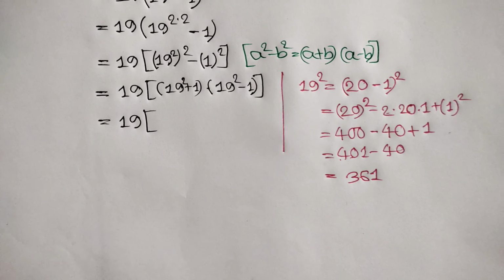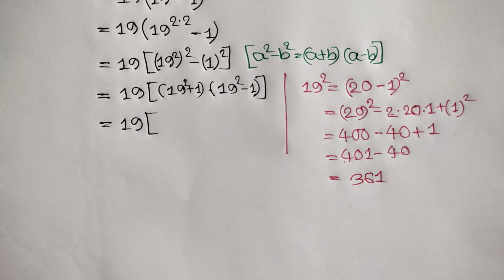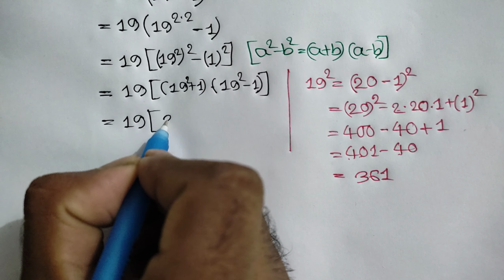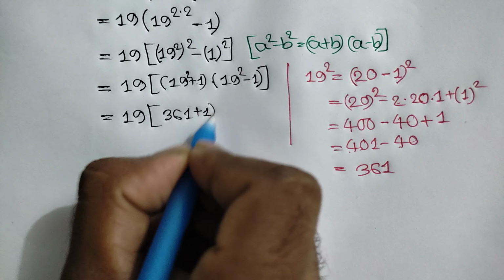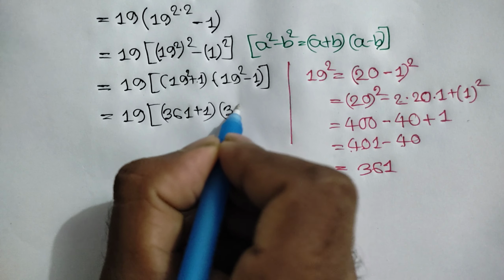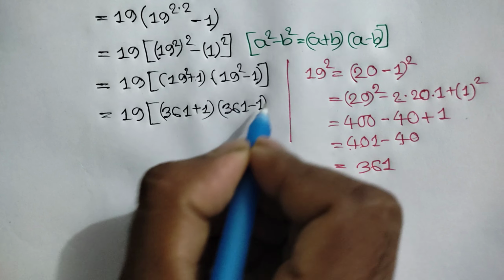So 19 square can be written as 361, plus 1 times 361 minus 1